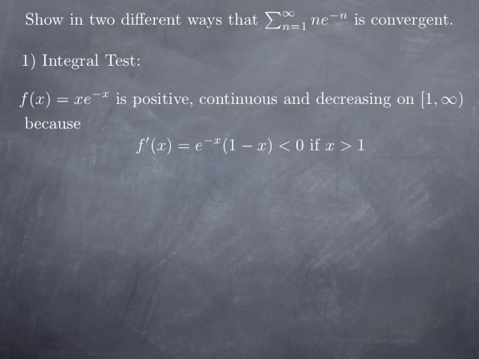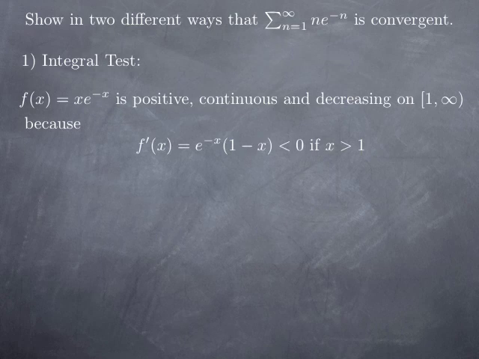Here the function that we would have to look at is x e to the negative x. And just to remind you the assumptions in the integral test, this applies to functions that are non-negative, continuous, decreasing, at least eventually decreasing. And in our case, we have a positive continuous function that is decreasing on the interval 1 infinity, because the